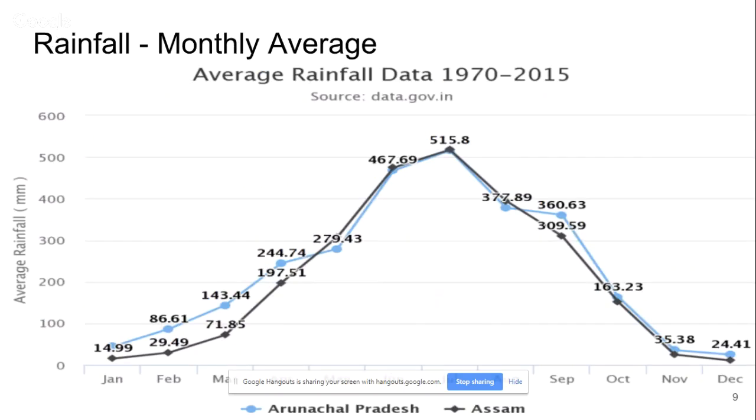So this is how the monthly average rainfall data looks, wherein this data is taken from data.gov.in. This data says Arunachal Pradesh and Assam receive almost the same rainfall throughout the year, wherein the quarter from July to September has the maximum rainfall that they experience